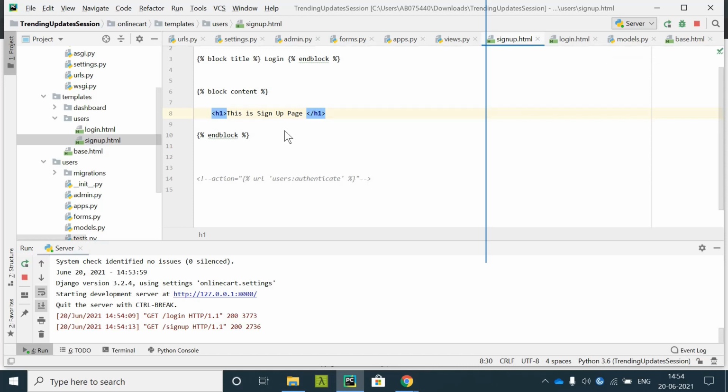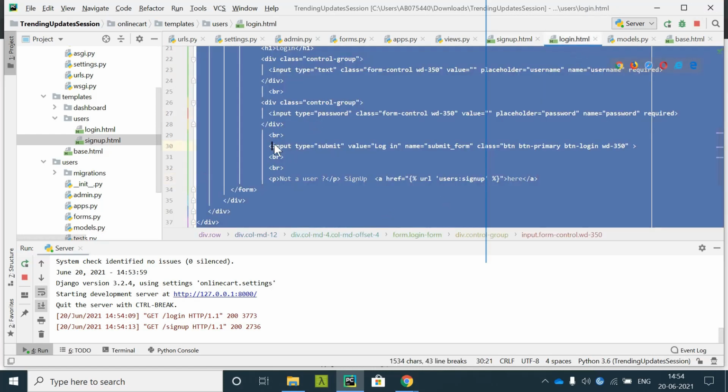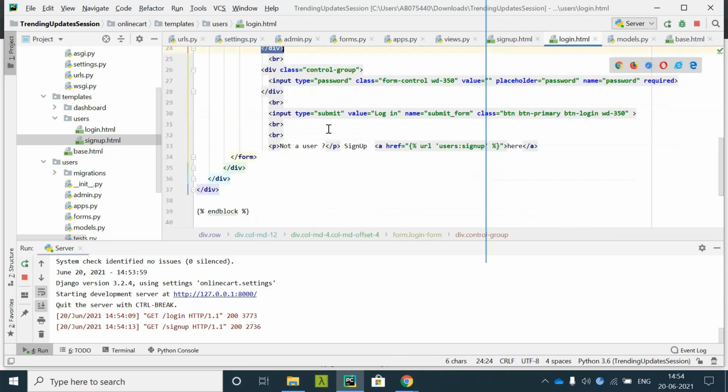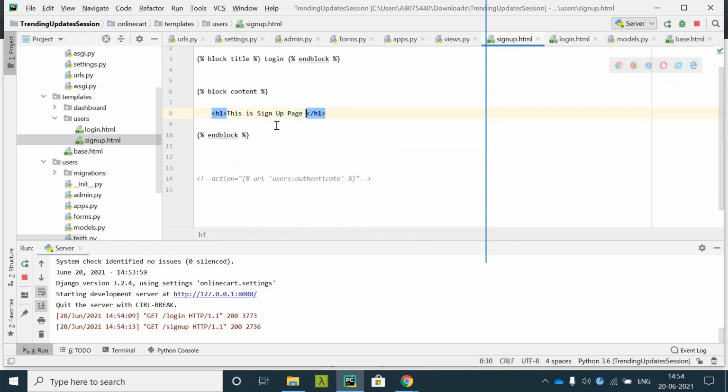This is the concept of Django forms. Always remember, don't use the normal forms that we used for the login HTML. This is the normal form where you actually create the input type, password and text like this. We don't need to do this. We have another, simpler method.